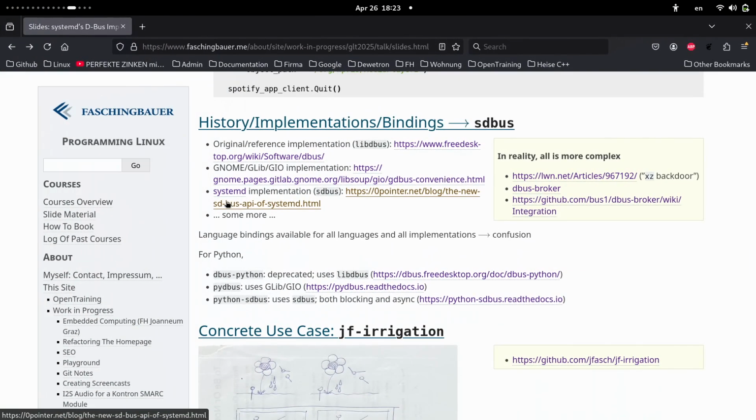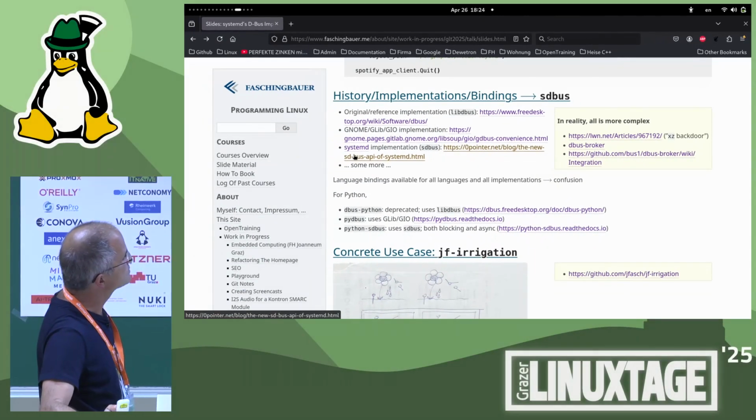And as I told you, the systemd guys chose to implement their own because all the others did not fit. They were using the GIO, I think, before, but this was much too fat, much too coupled with the glib. They don't need glib. They are systemd. This is systems programming at a very low level. They needed their own implementation, and